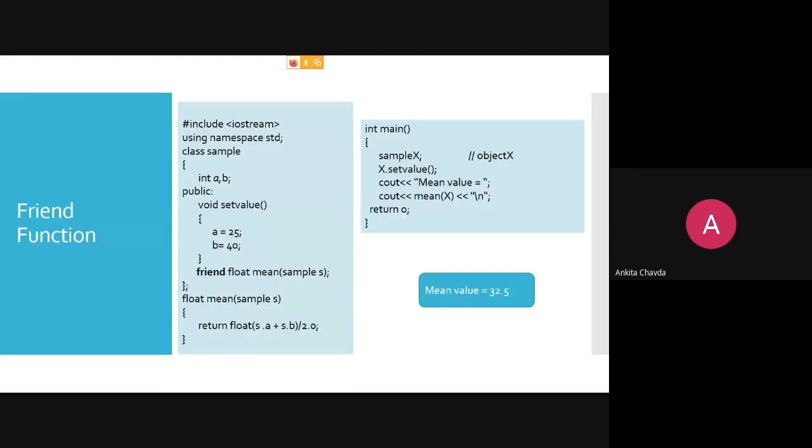So what I need to do is access those variables in the function. Generally, if the function is part of my class, I can directly access A and B, right? But here the function is not part of my class, so I'm passing the object as an argument. With this object I can access A and B, like s dot A, s dot B. So I'm accessing A and B via the object, and then doing whatever the task is. It will return a float value, and that will be printed in cout over here, right? This is what we have seen.